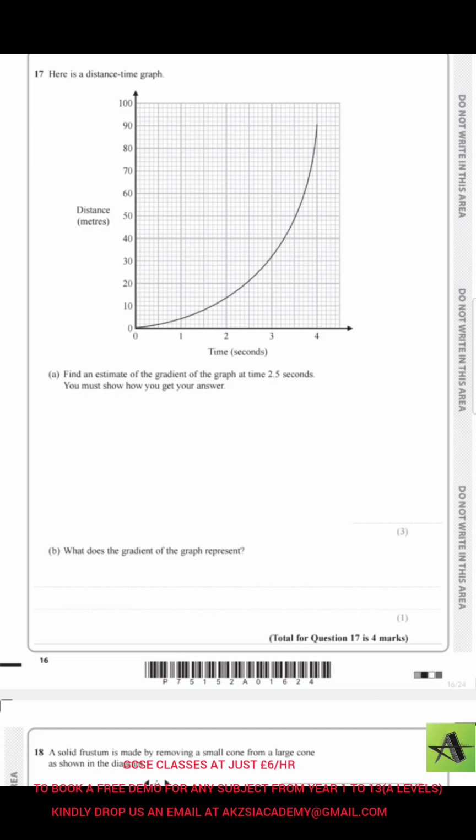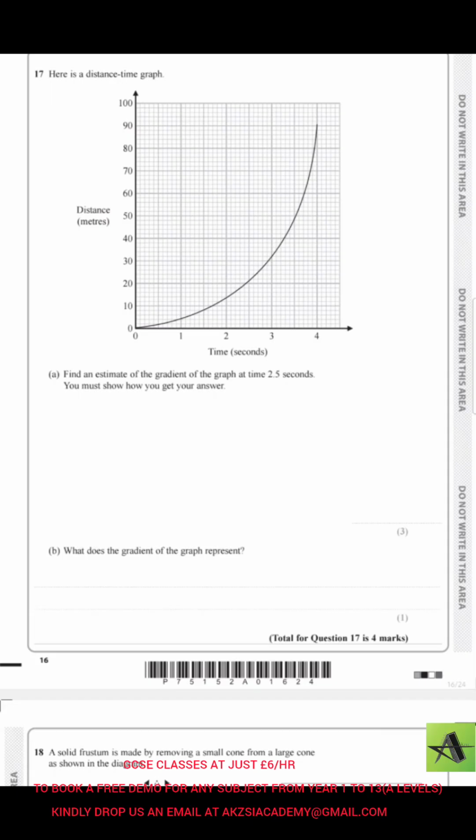Well, let me start with question number 17. It says, here is a distance time graph. Find an estimate of the gradient of the graph at time t equals 2.5 seconds, and you must show how you got the answer. So